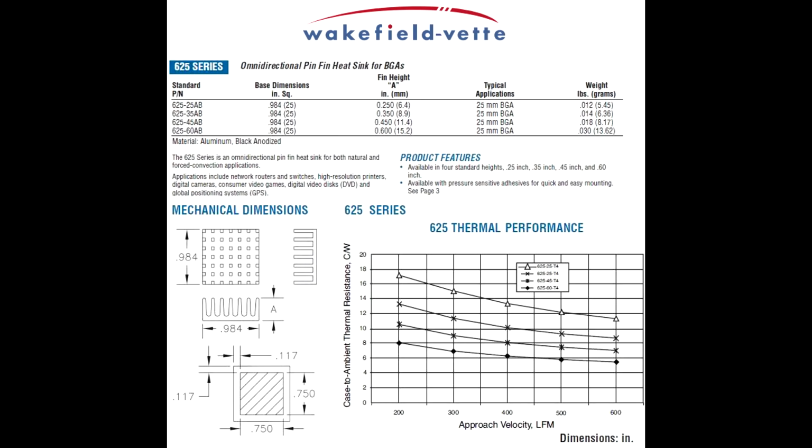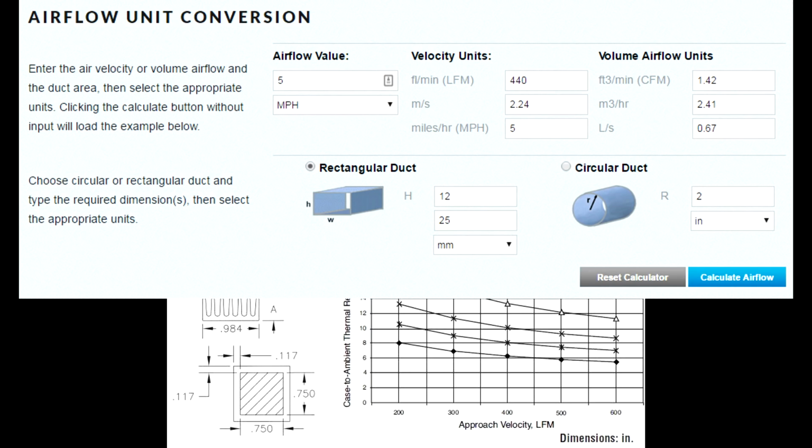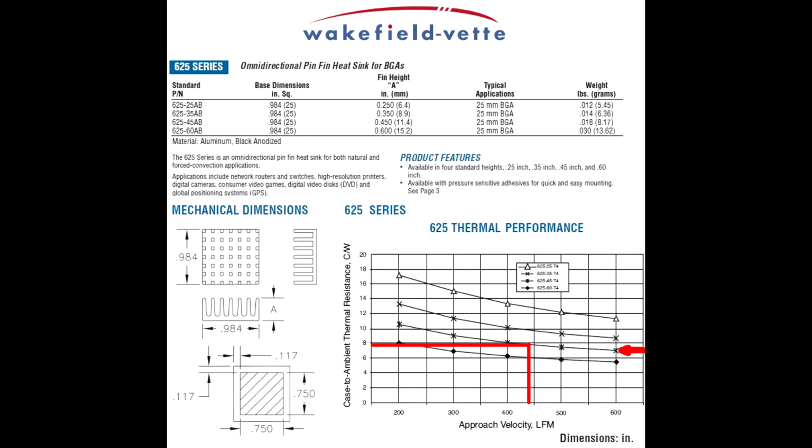We can have a look at the data sheet for, well, not this exact heatsink because I don't know the exact heatsink, but the nearest I could find was this one. It's basically the third one down there on the list, the 625-45. You can see the thermal performance graph here for the heatsink to ambient thermal resistance in degrees C per watt on the vertical axis versus airflow on the horizontal axis. We're looking at around about 440 LFM here for the starter sheet spec of 5 miles per hour airflow. If we look at the graph, it's the third one down, and then we take 440 LFM and extrapolate that back across, we get a thermal resistance of the heatsink of about 8 degrees C